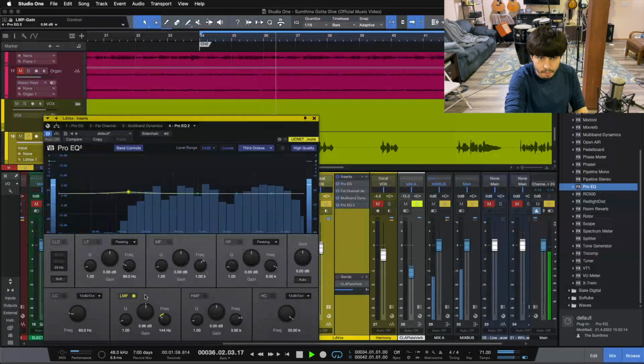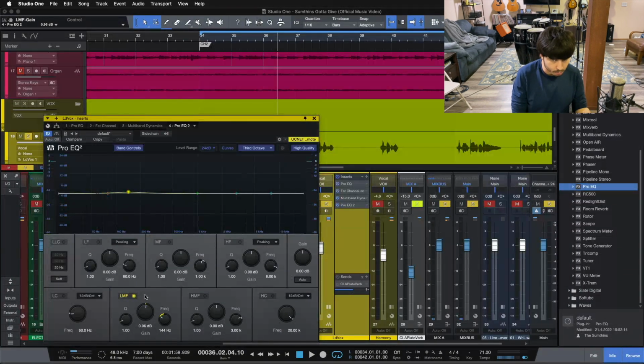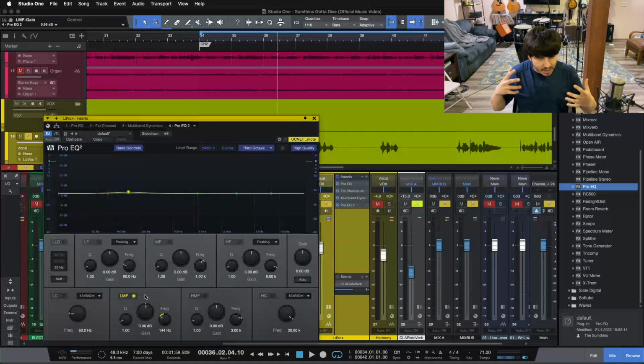You can hear how much more consistent the low end is post compression rather than pre compression. Pushing that low end into the compressor doesn't give me the sound I'm looking for. It doesn't give me a bigger sounding vocal. It makes the vocal sound heavy and it makes it sound too thick and muddy sounding. That's not what I want. I want the vocal to have a nice amount of thickness and I want it to feel big, not heavy. I want it to feel big and powerful, and a little bit of low end goes a long way there